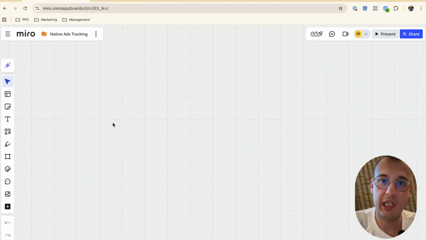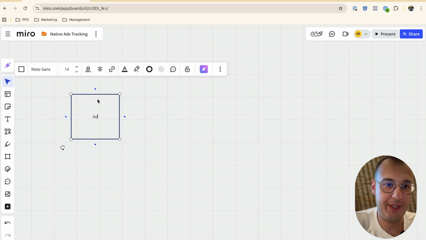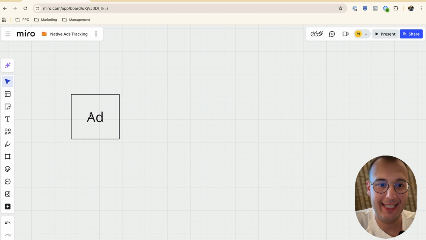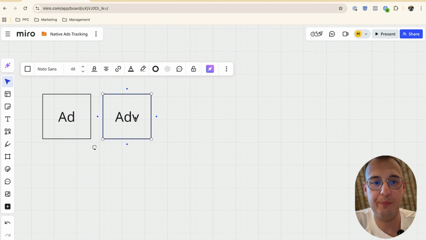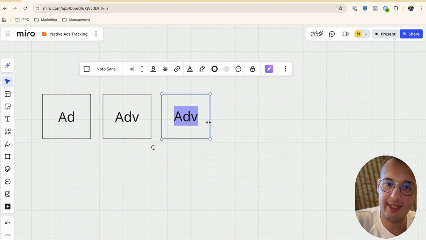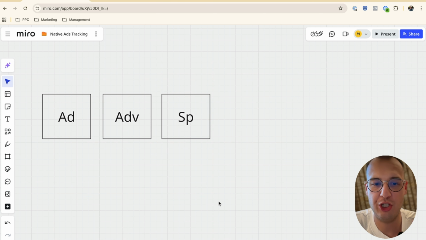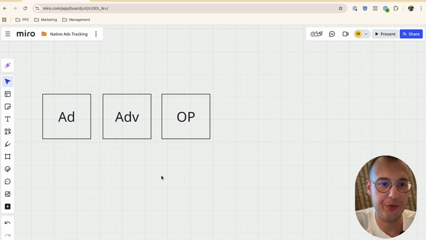But let's jump on my screen to see how a good, normal and reliable native ads tracking setup should look like in theory. Alright, so when you start to create your native advertising campaign, you usually have the ad as a first step. The second step is you have an advertorial, and this should be on a third-party domain. I will explain in a second what this is. And here you have the sales page, offer page, however you want to call it. Let me call it an offer page for more consistency.